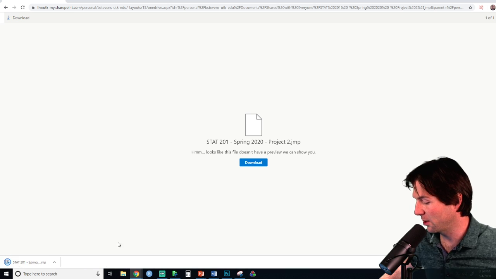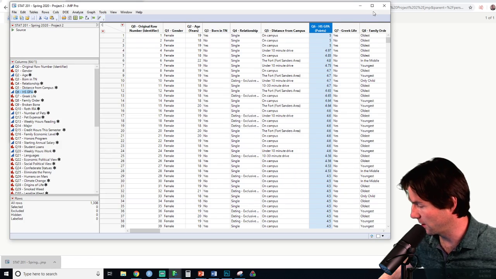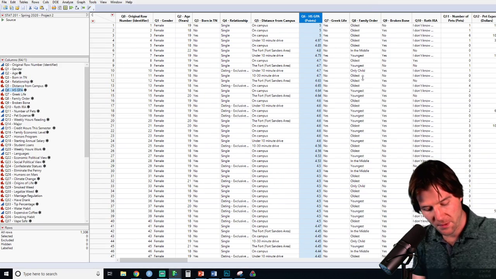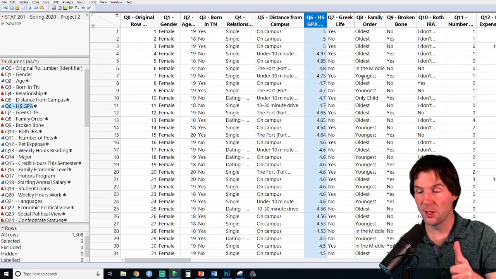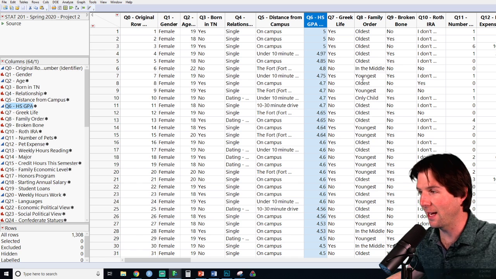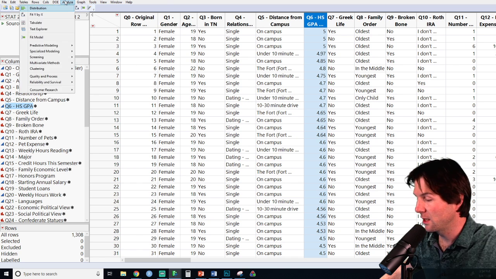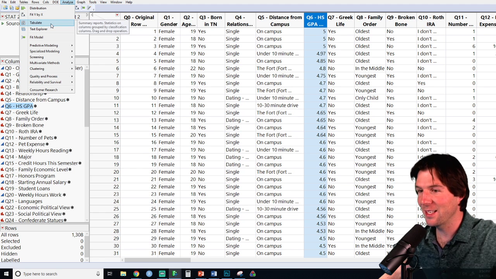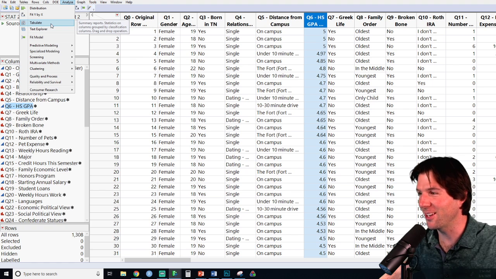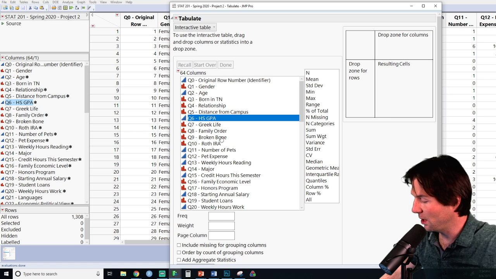So let's start with some of the tabulate. We're going to open up this data set right here. Okay, so let's do how to do tabulate in JMP. And then we'll do linear regression next. Great questions in the chat. So first off, how do we tabulate? We tabulate by going to Analyze and then Tabulate. Analyze, Tabulate. Thank you, Zach. You're awesome. So we're going to go to Analyze, Tabulate, and then we're going to go here, and we need